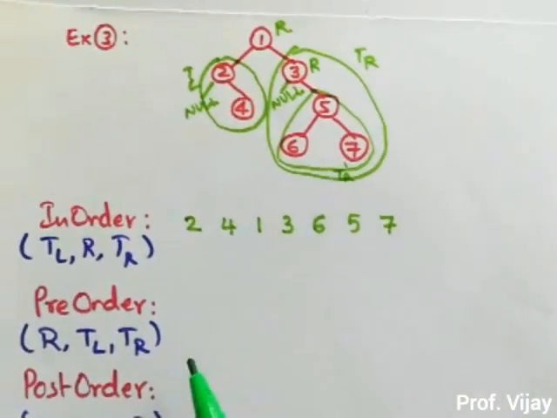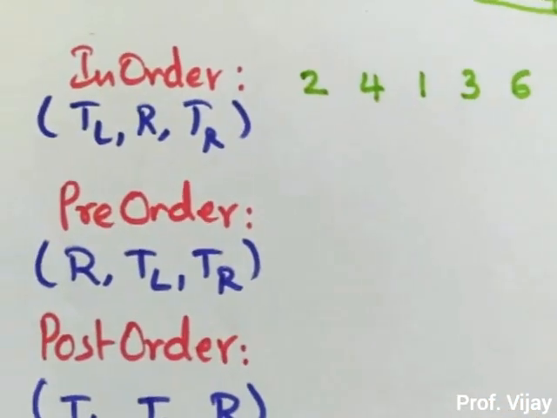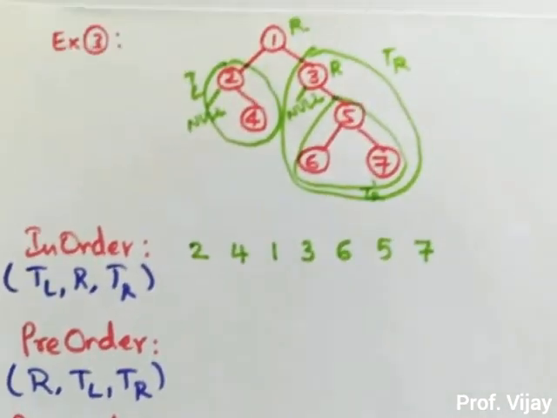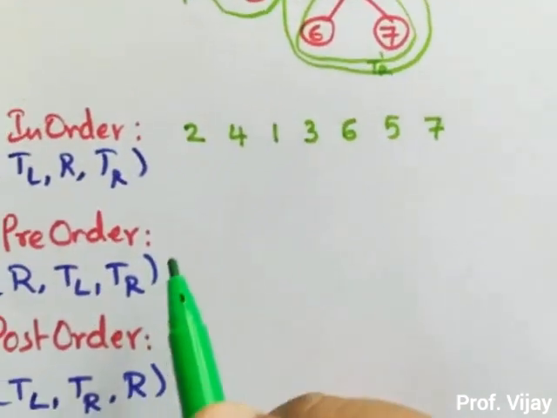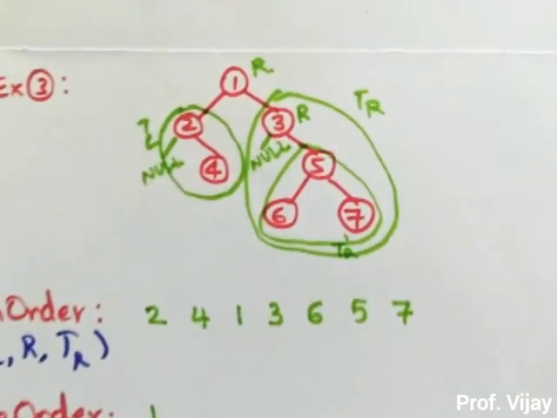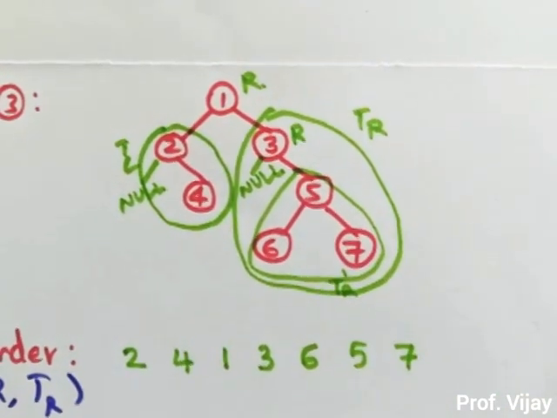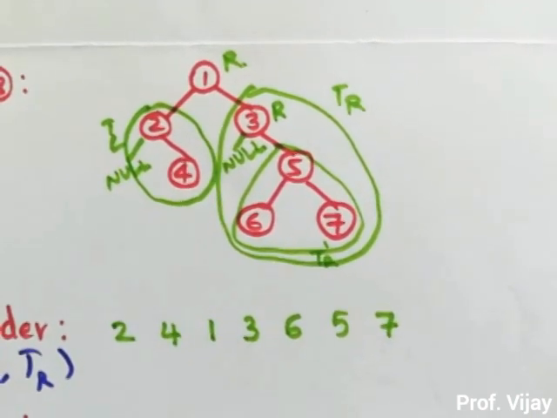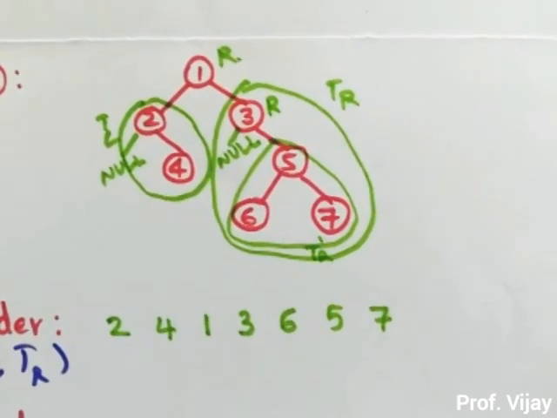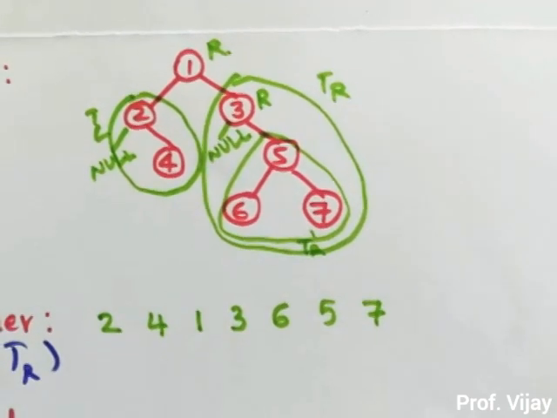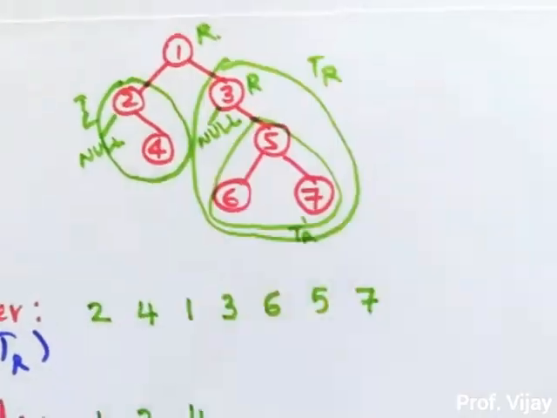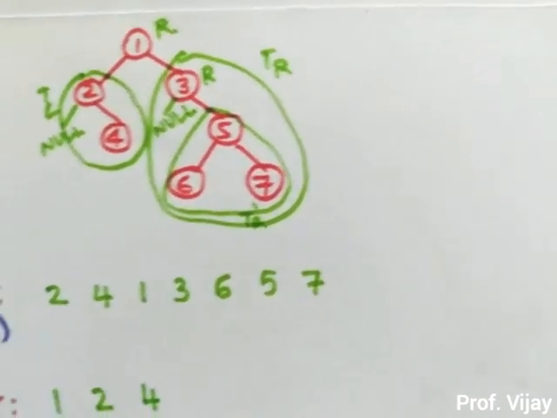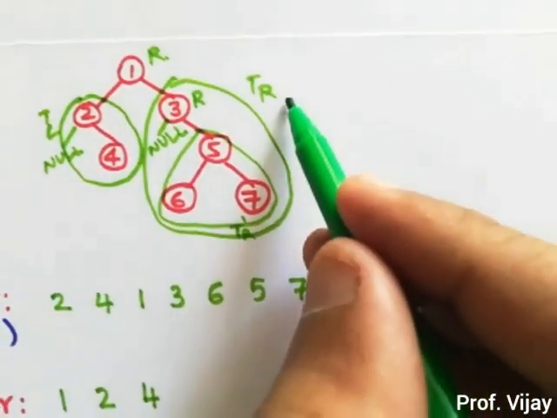Now we'll see the pre-order traversal. In pre-order traversal, the root is visited first, then the left subtree and right subtree. For the given tree, the root is 1, you print it, then go to the TL. In TL again the root is 2, you print it, and TL is null, so don't do anything and come to TR. In TR you have 4. We are done with root and TL. Now we will talk about this TR.